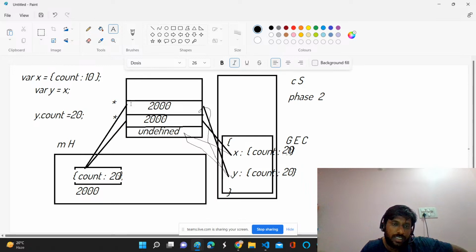So because of this, both x and y are referring to the same memory in the memory heap, because you just copied this value with the help of call by reference. It is a non-primitive. If it is a non-primitive like an object, array or function, it is not going to copy the value as 10 or 2000. It is just going to copy the reference. What is the reference? Address. It will copy the address,